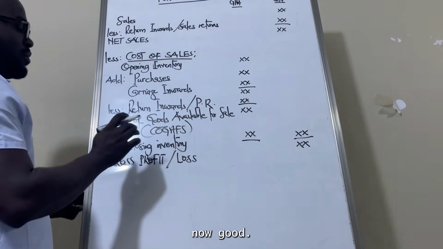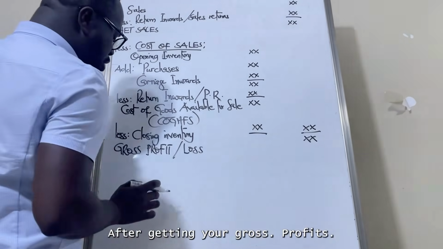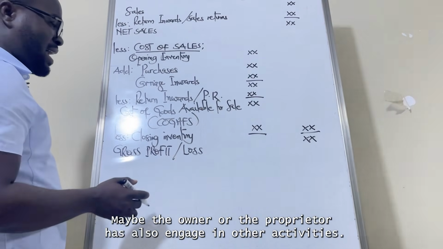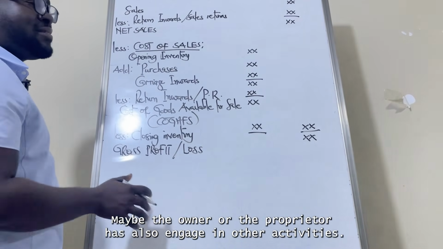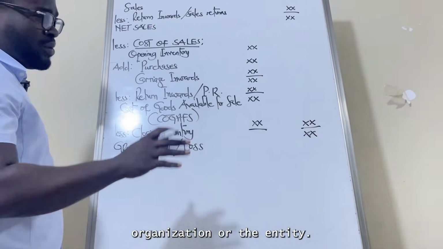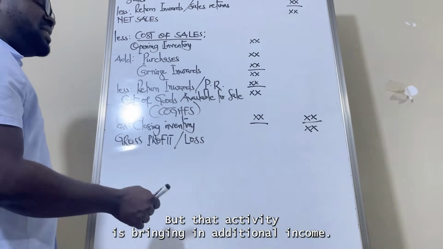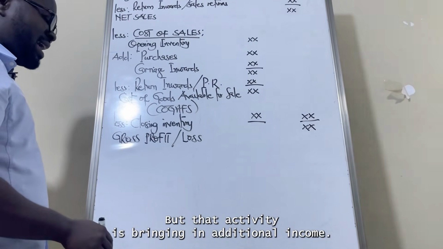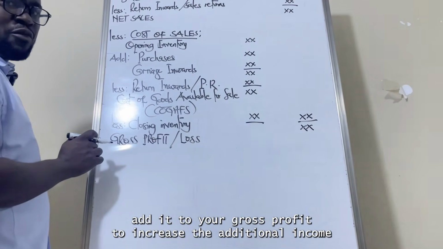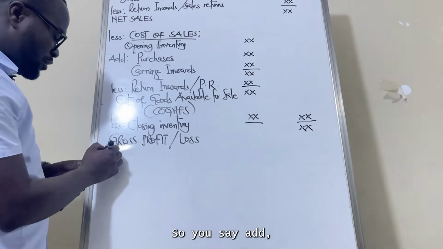Please, you get it now? Good. After getting your gross profit, as I said, maybe the owner or the proprietor has also engaged in other activities that are not the sole aim of the organization or the entity, but that activity is bringing in additional income. So if you are getting additional income, we say add it to your gross profit to increase the additional income. So you say add